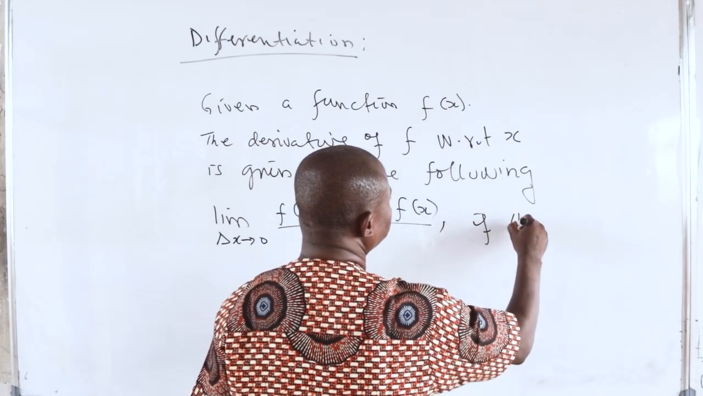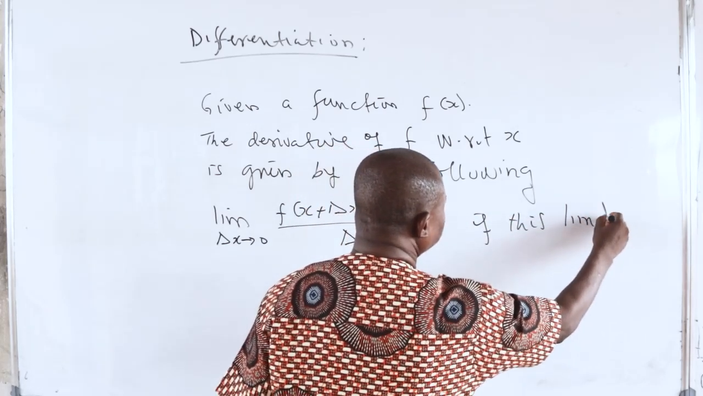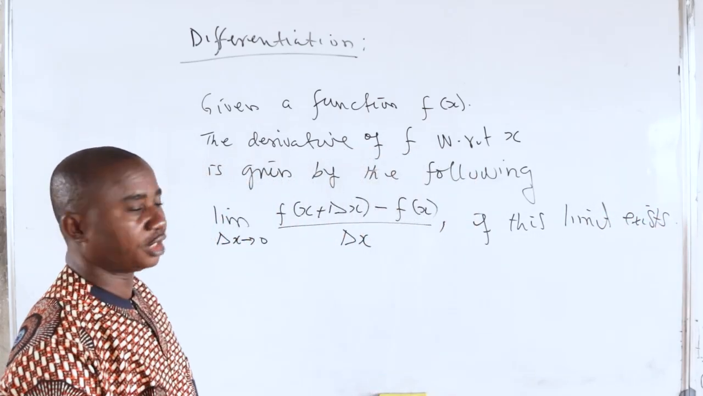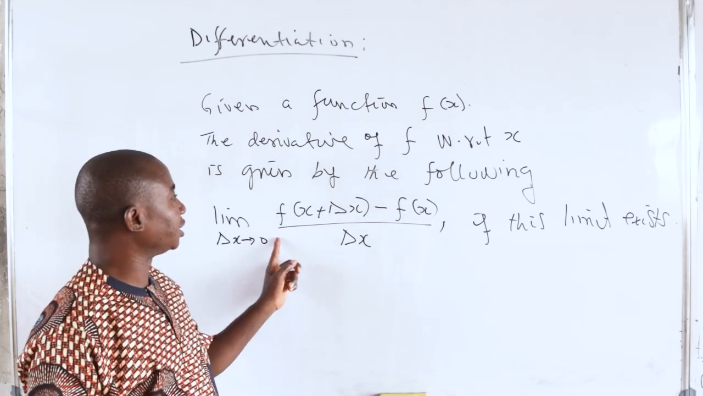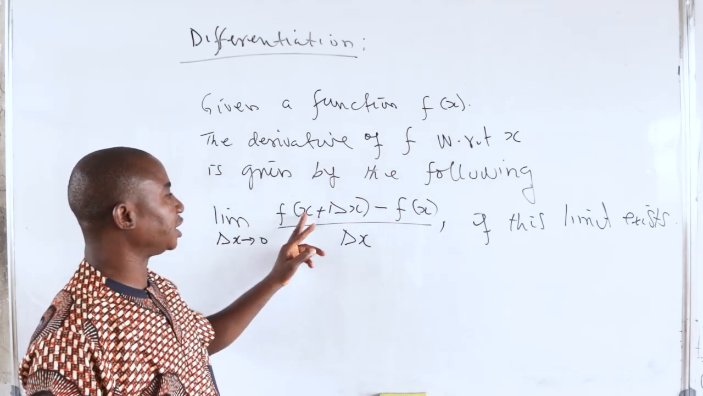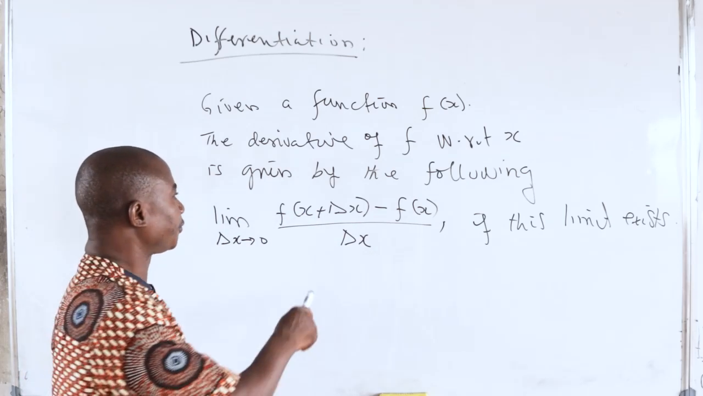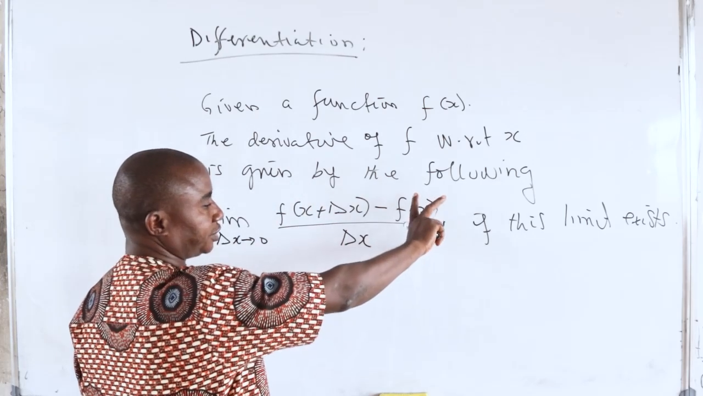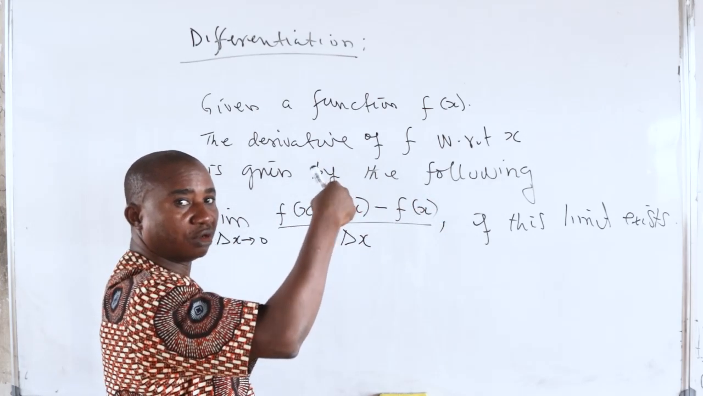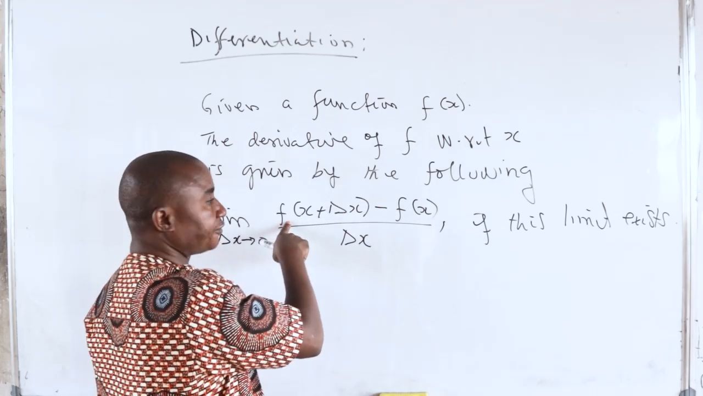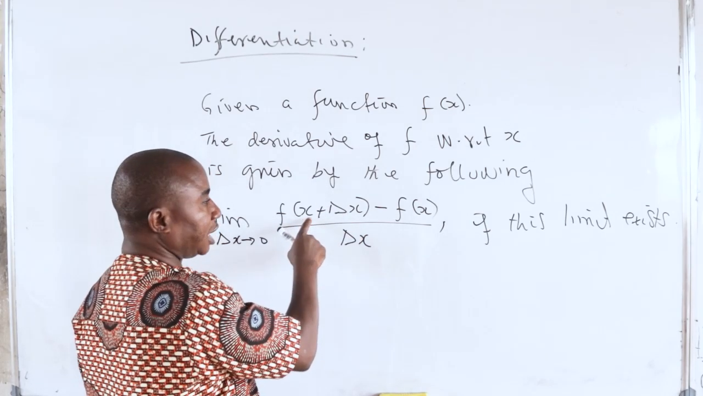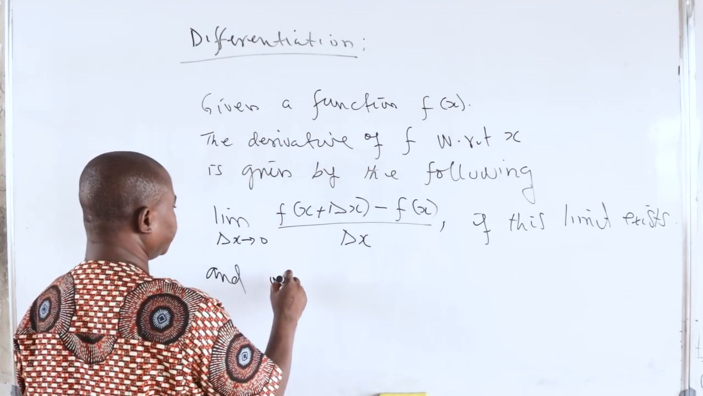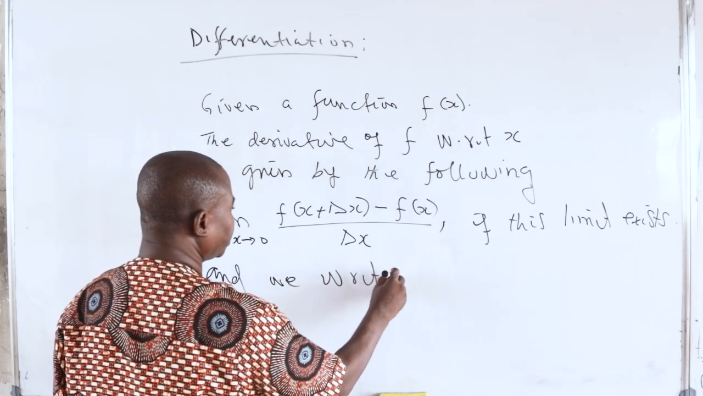If this limit exists. Yeah, because it's possible to compute this limit and then it does not exist. In that case, we say that the function f is not differentiable at the point x. But if we compute this limit as delta x tends to 0, and this limit exists, that means it is a fixed number, it's a given number. Then we say that the function f is differentiable at the point x. And in that case, if that happens, we write that